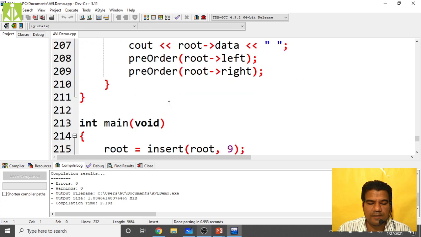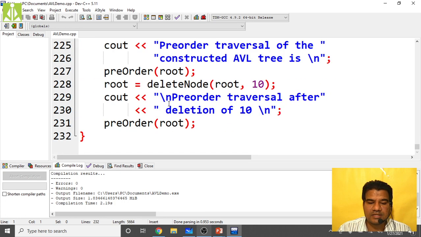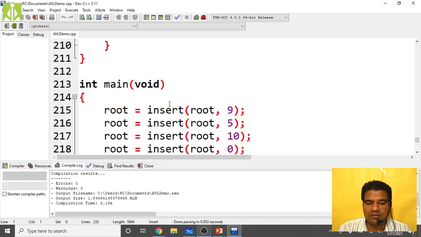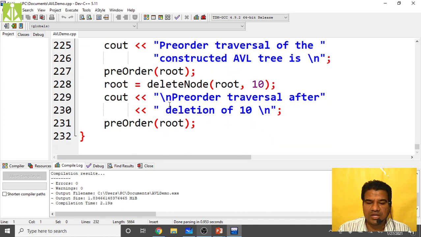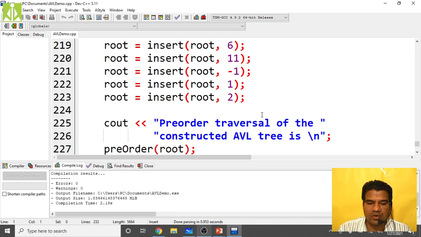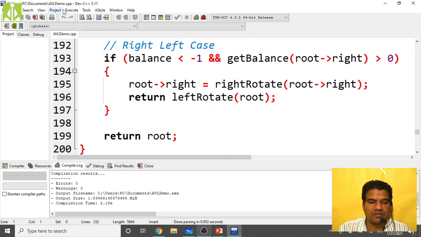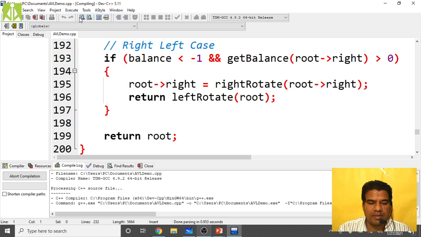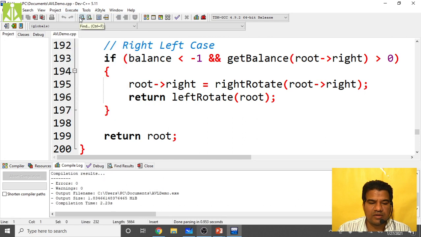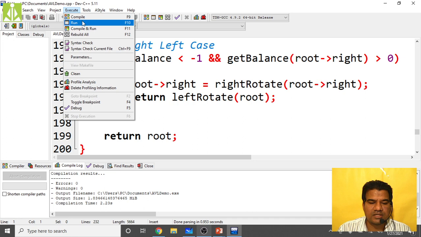The reason is sometimes the code will get stuck, isn't it? Because of many corrections and executions. So that is the reason why I closed it and opened it once again. So it is giving me the perfect result, hopefully. Okay, so compilation, as you can see, is not giving any issues, and when we are executing we are